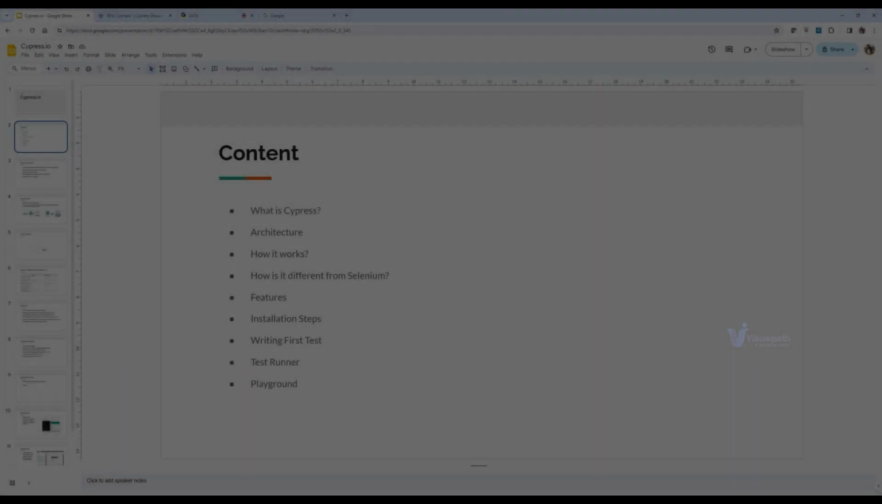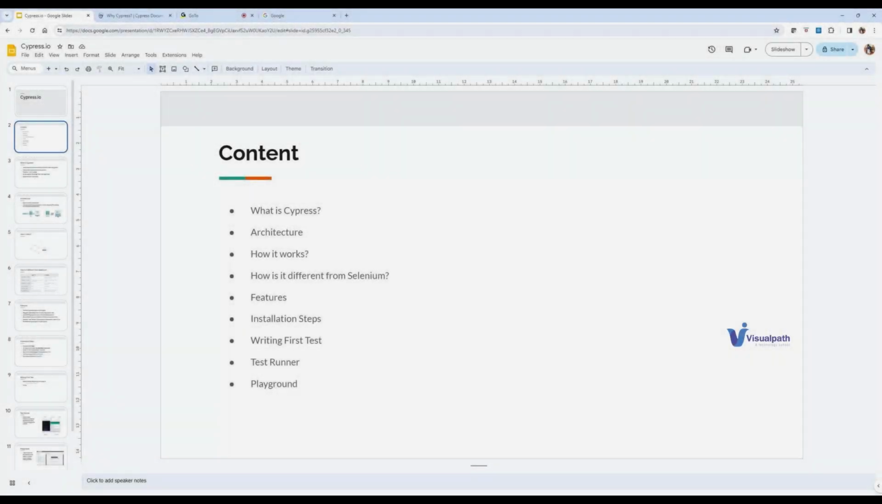So today's call will be discussing what Cypress is, and these are the topics that I'll be covering. We'll start briefly with what Cypress is, then we'll dive into the architecture side of things, how it works, how it is different from Selenium and other frameworks in the market, and we'll briefly discuss some of the features that Cypress offers, and we'll also talk about the installation steps, and we'll be writing our first test, and